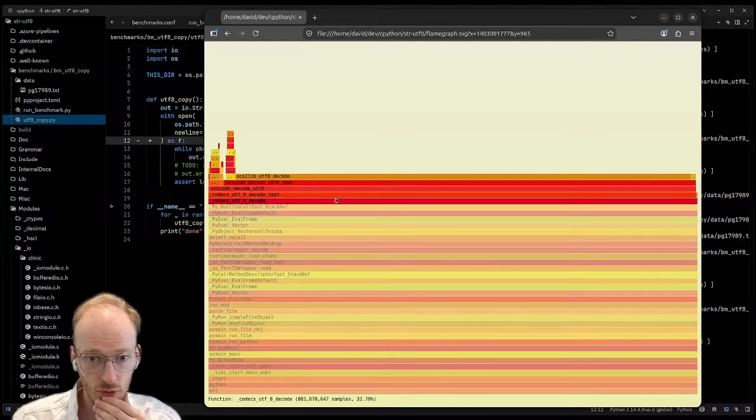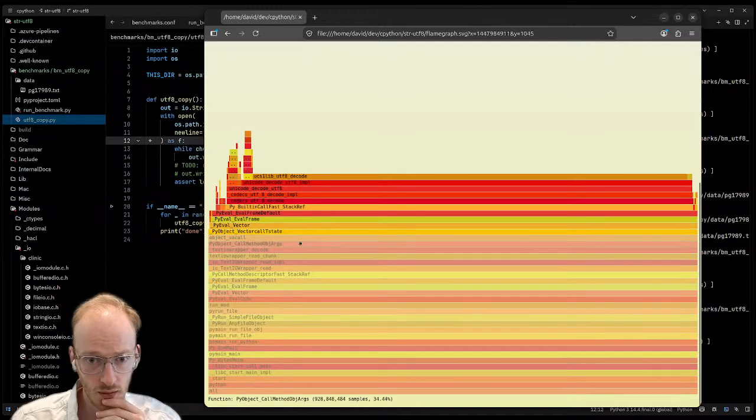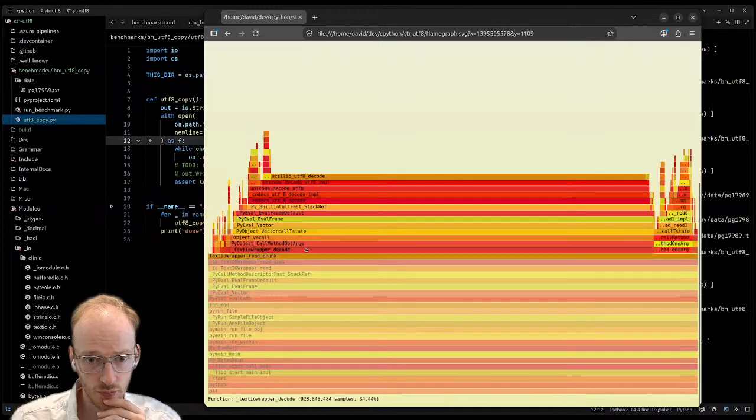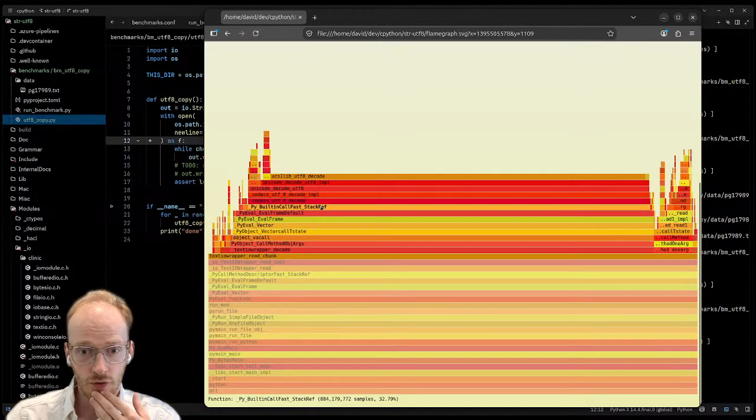So it's codecs utf_8_decode is how we get there. And that's come from TextIOWrapper decode, which is just falling through some codecs module stuff, presumably. Yep.